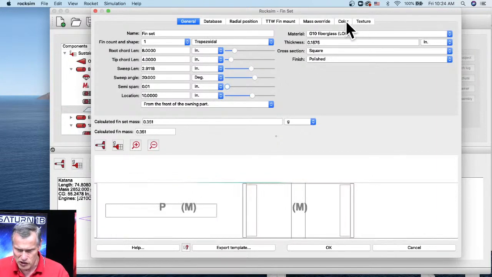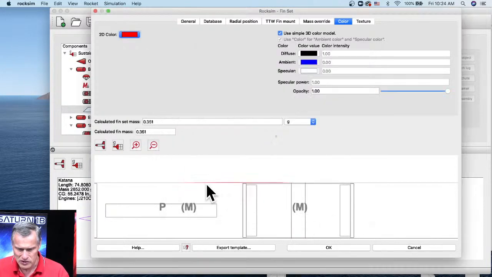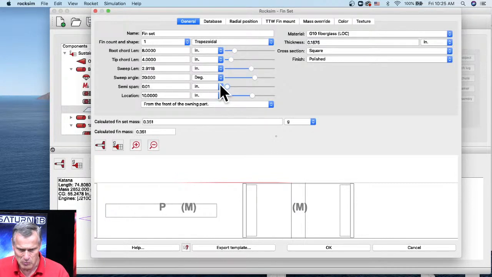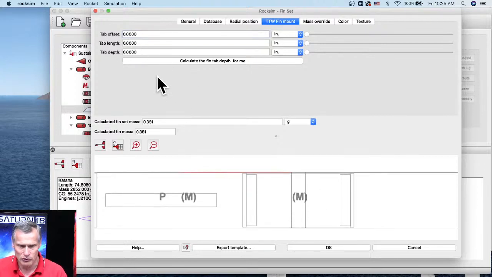And it's green. Let me change the color so we can see it a little bit better. So I'll make it red. Okay, so you see that red line right there? That's my fin. If I make it bigger, it'll pop out, but let me change it back to 0.01. Okay, so now I'll go over here to the through-the-wall fin mount, and let's do a tab depth. I know on this particular rocket it's a 4-inch diameter tube, so I'm going to be pretty close to 4 inches. So I'll make it